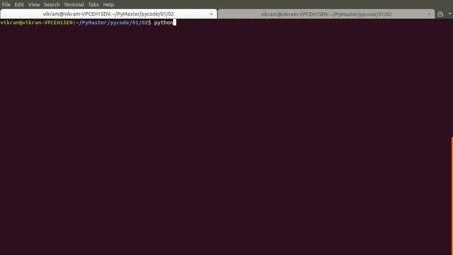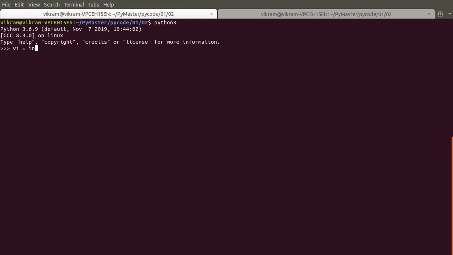In version 3, we have replaced raw input function with input function. So we will not be able to get integer input straight away. We will be getting input as string and we need to typecast it. This is a two-step process and it takes more time, but still this is the right way of doing, because if you allow the implicit typecasting, then that gives access for hackers to misuse that functionality.